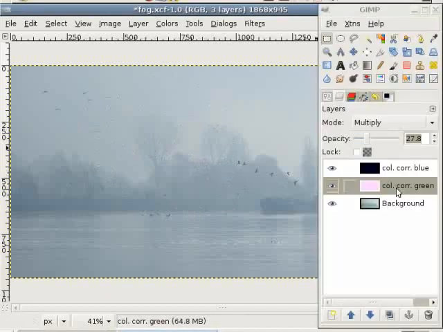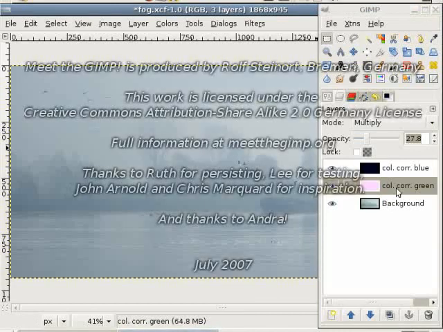I think I'll have to cover the layer tool in detail in a special show, but for today it's enough,